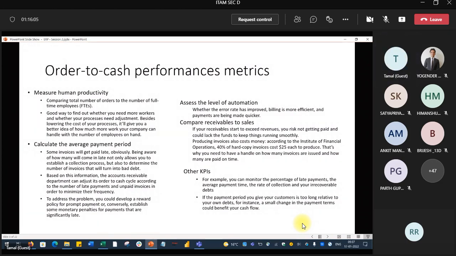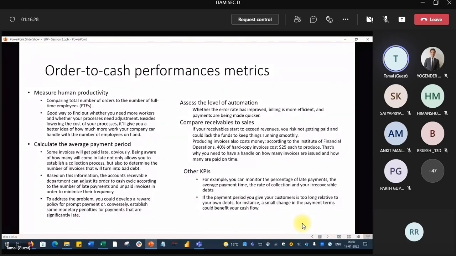Okay, assess level of automation. You have to see how many duplicate or recreation of the invoices was done previously. Now, of course, there are no duplications or recreation of the invoices due to error. Okay, compare receivables to sales.